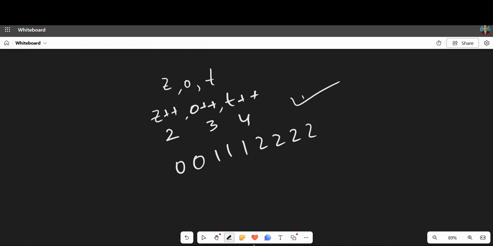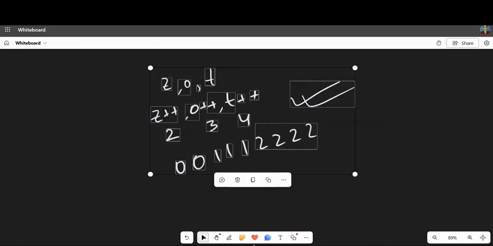They won't tell you to do this of course, but if you notice this, it involves two passes, right? One time you need to iterate through the array to store the counts, and another time you need to iterate to replace the values. So it requires two passes. So the optimal approach is to do it using a single pass, which may be asked in an interview, and it's actually really commonly asked. So let's try to see.